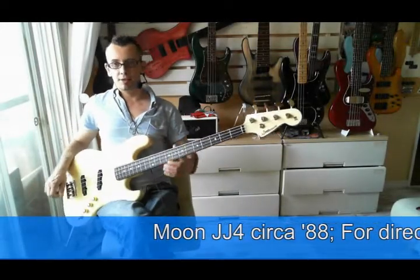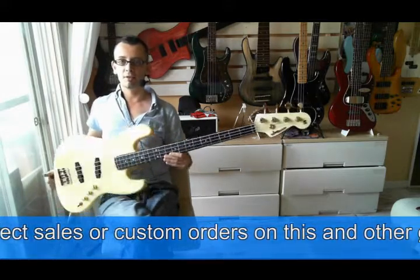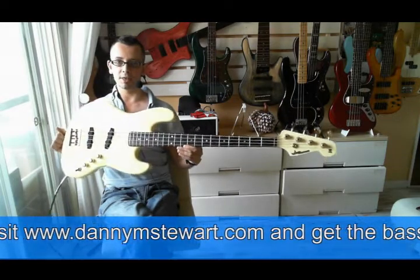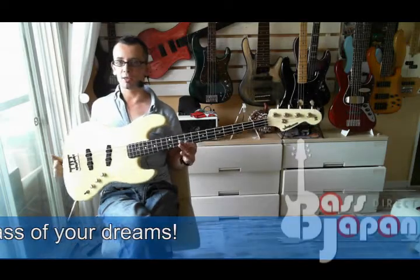Lords and ladies, check it out. This is a Moon JJ4. What a smart, classy bass it is indeed. This one is from the late 80s. It came to me